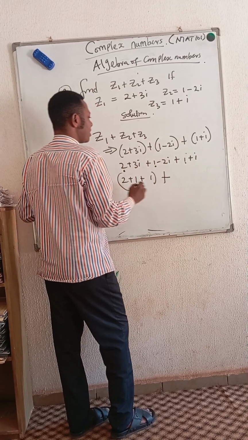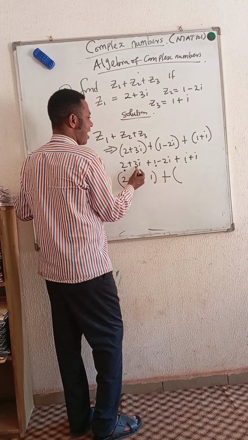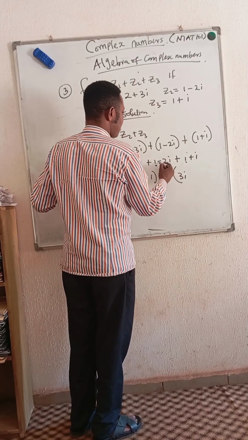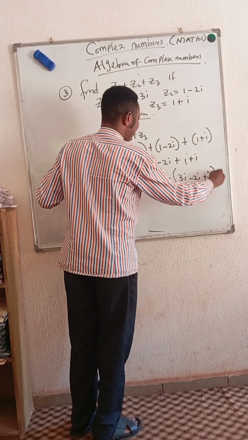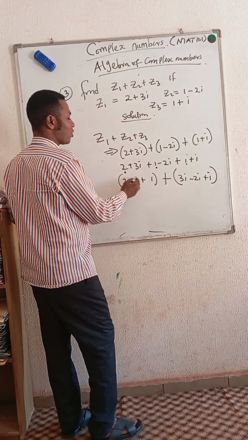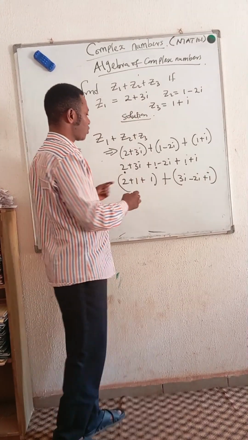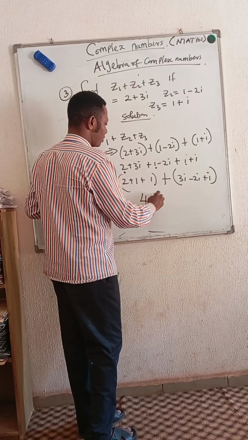Then plus the imaginary, which is 3i minus 2i, then plus what? i. 2 plus 1 is 3, 3 plus 1 is 4. Plus,